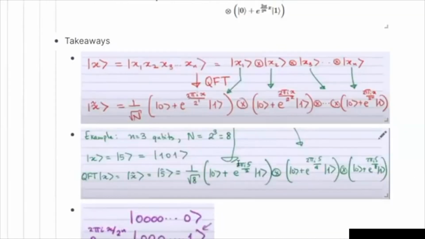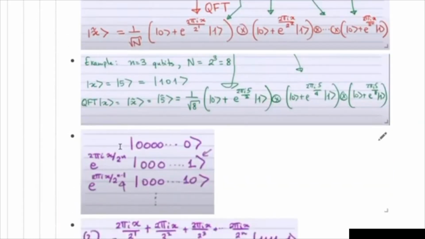So if you see there, the qubit over here is being rotated the most, and the qubit over here, since the denominator is larger, is being rotated half of it, and the qubit over here is being rotated the least in this case. So the rotation of each qubit varies. The value of the qubit is important, whether it is 1 or 0. Other than that, the position of the qubit is also important for applying the appropriate rotation. So that's what's been illustrated in this picture.